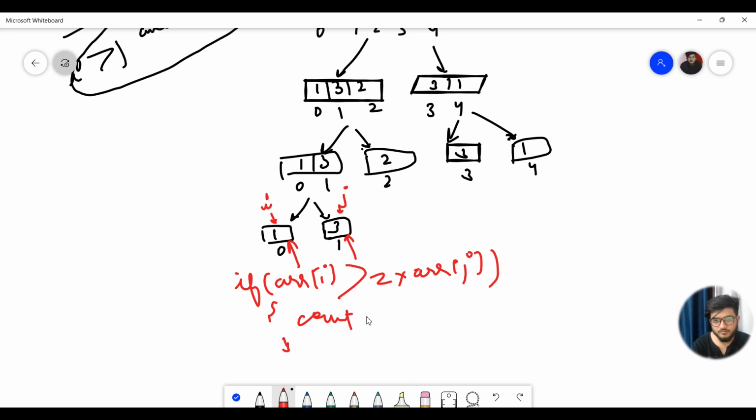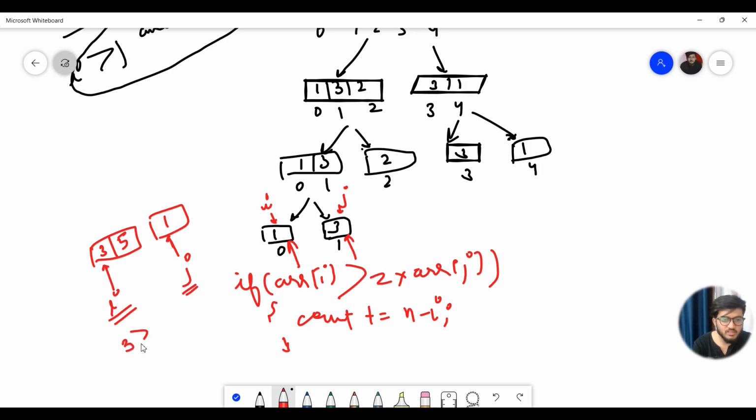We're gonna increase our count by n minus I, because let's suppose we have got three elements such that 3 and 5, and here we have got 1, and we are checking for the condition I, j. If ARR of I is greater than twice of ARR of j, 3 is greater than 2, this is the basic condition. So if they are arranged in a sorted order,